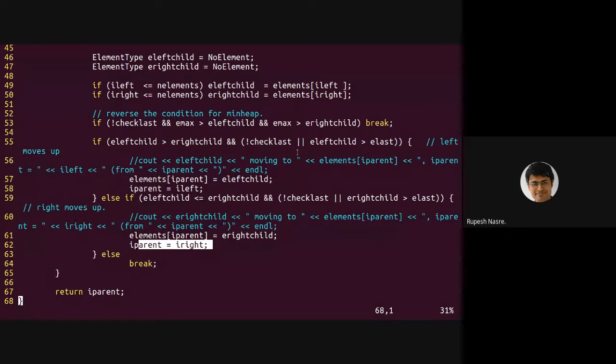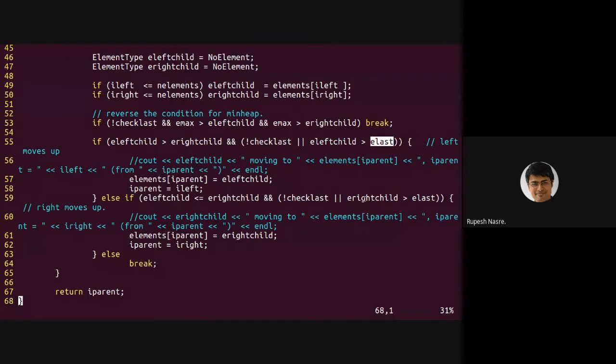What is the second condition? Well, the second condition is essentially going to guard against that last element, because we want that last element to get inserted there. That is what we saw in a couple of the examples. So if the element on the left child is greater than E last, the left child should move to the upper part, but it should move only if it is greater than E last also.